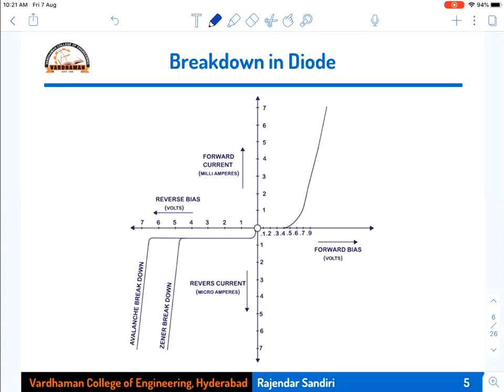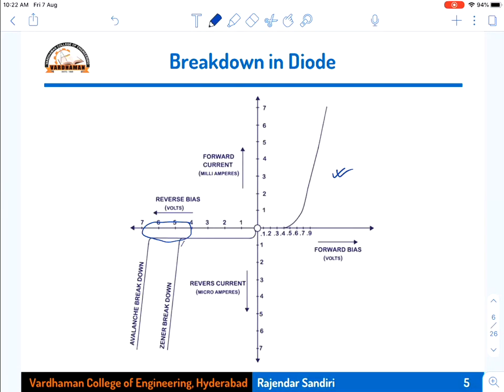Okay, so now for the breakdown in the diode, if you see the VI characteristics, the forward bias will be the same without any change. Forward bias will be up to cut-in voltage, the current is 0. After cut-in voltage, the current increases. Then in the reverse voltage, because of the minority charge carriers, which are small in number, and that number is fixed, it does not vary with voltage up to a certain level, so the current will be constant. Then at a certain voltage, in this region, at high voltages, Zener breakdown voltage will be less, avalanche breakdown voltage will be high.